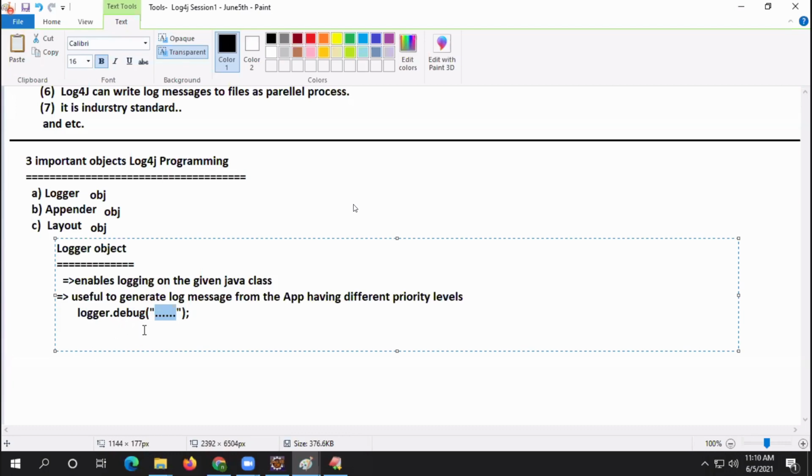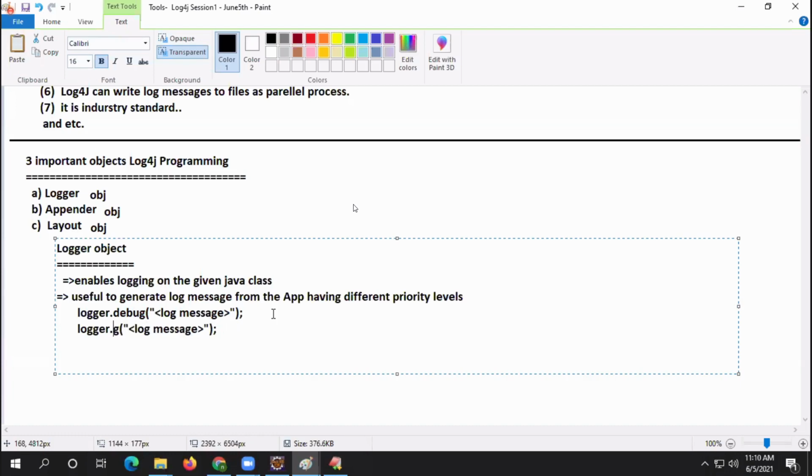Whatever message, I am in the main method. This is the log message, guys. See, not only is this message written to the destination, boss. That message is now written having what level? Debug level. Are you getting my point? Yes. Next one.